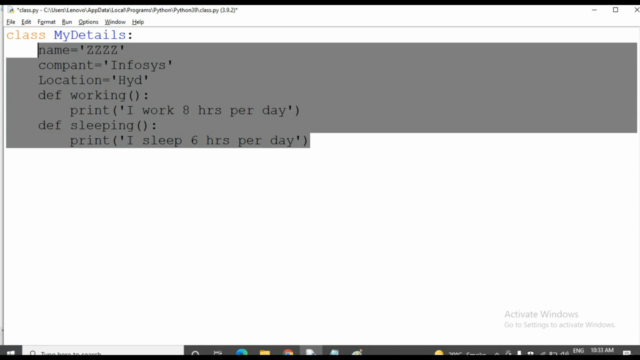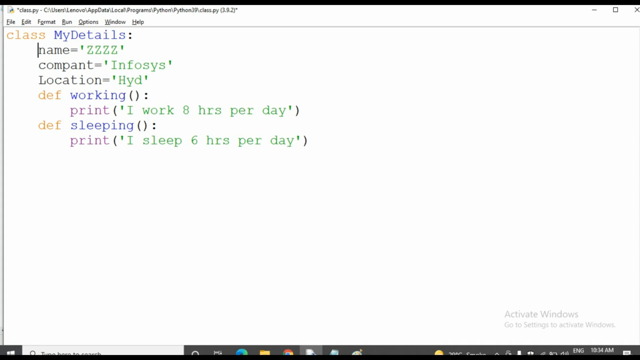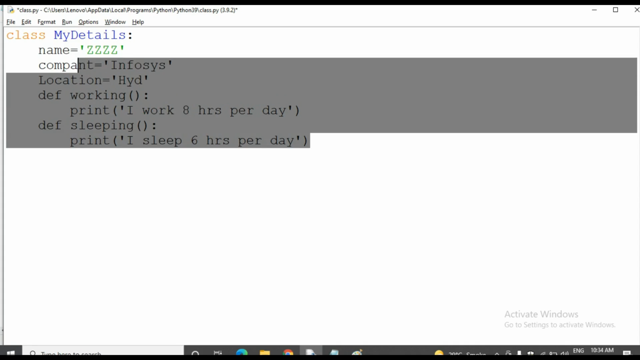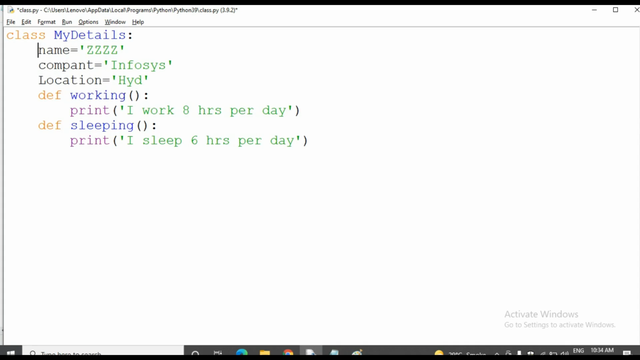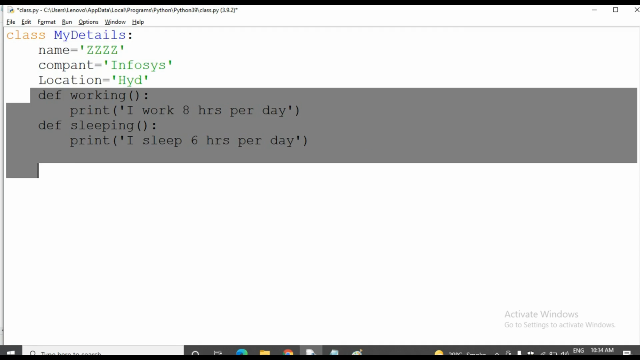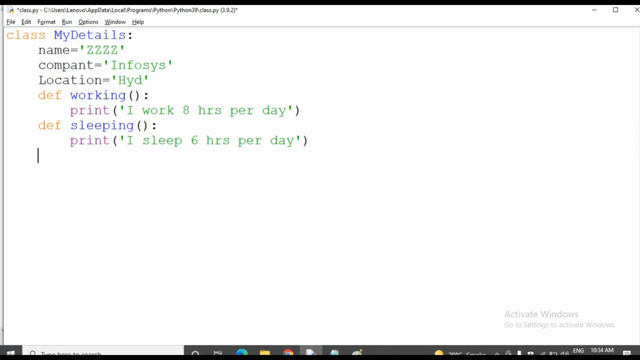Now I am going to create an object to access these variables and methods. These are all the variables and these are all the methods. First, object 1 equal to class name of